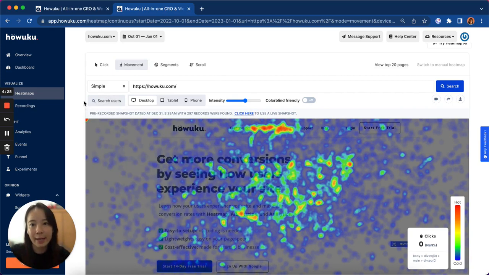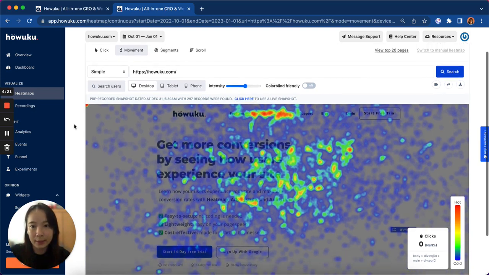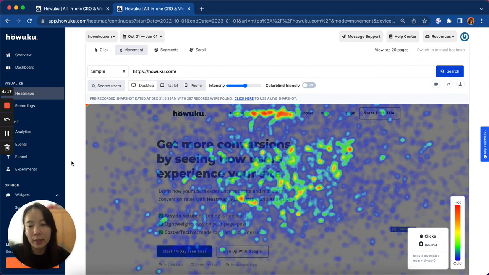But actually, for movement heat maps, only the desktop layout is applicable, because the movement heat map shows you where your visitors scroll the most towards, right? So we can only track the mouse movement, how they scroll on the desktop device. So the movement heat map is only applicable for the desktop device and it's not applicable for either mobile phone